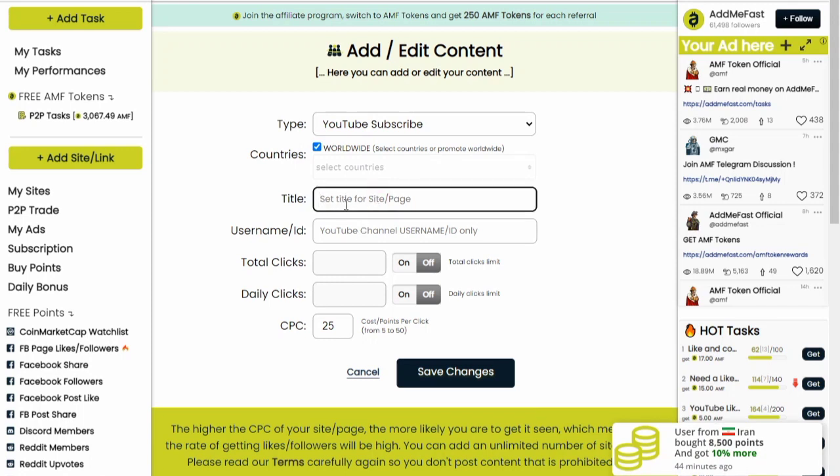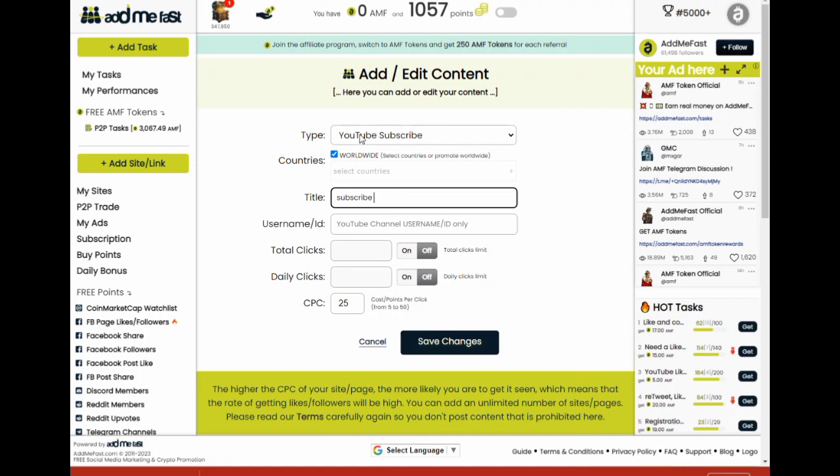So from here, set the title for the site or page. I'm going to type, subscribe for point. So subscribe for point, and then I'm going to copy the YouTube channel username or ID over here, and then I'm going to select the number of clicks that I want.